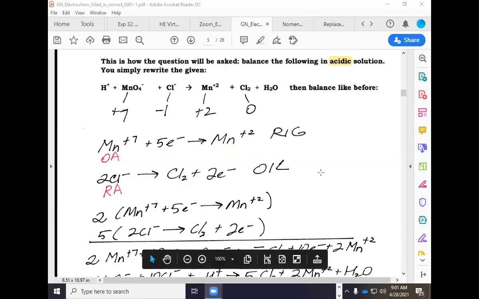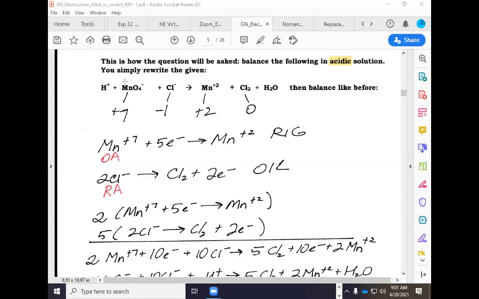Okay, so let's go back. Okay, so we were saying that the question would only give you, for example, this. But the question would also say balance in acidic. And so what you would need to do then is